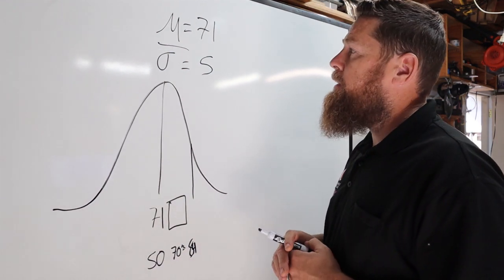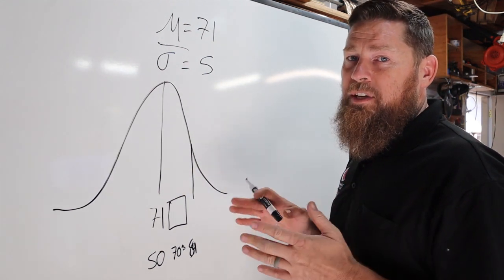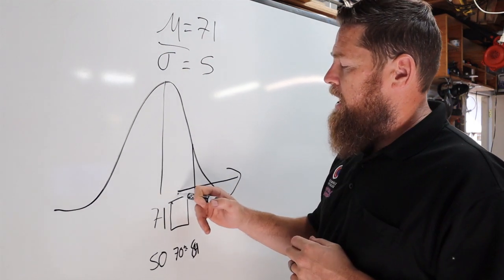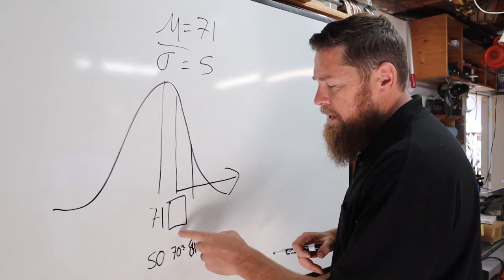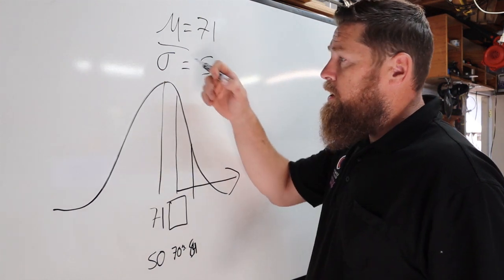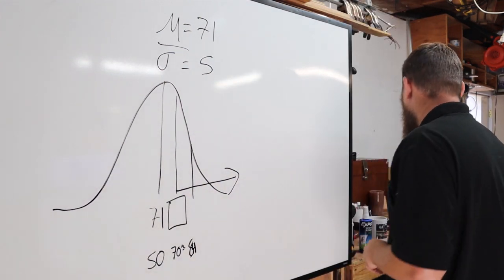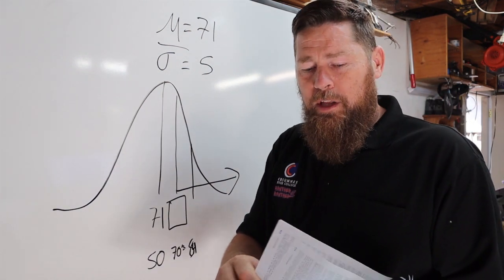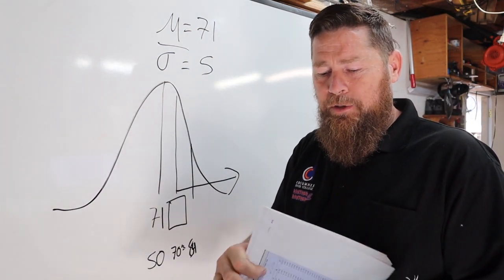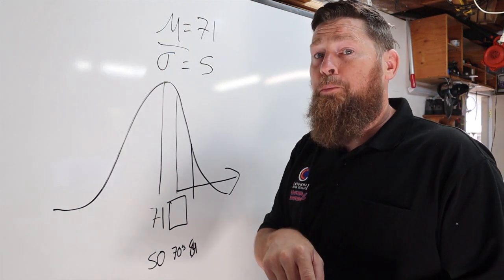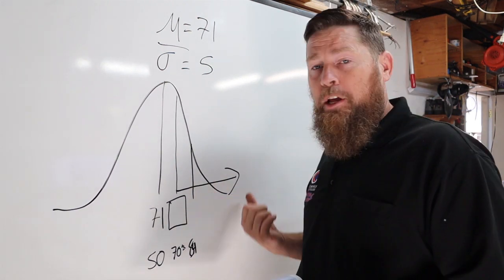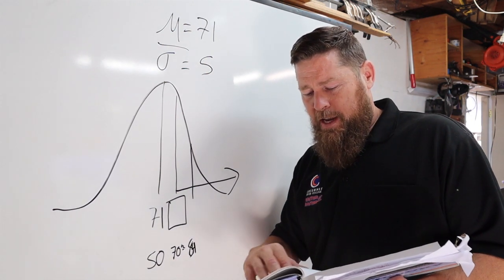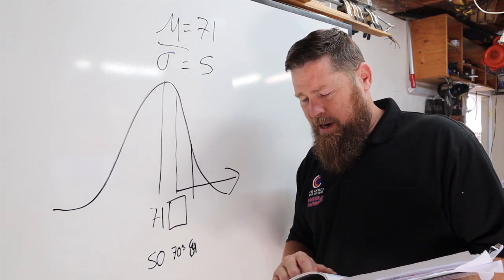How do we figure that out? We're going to take our z-score and find where 30% is in the tail, and then we'll use that z-score to transform it into a raw score given these two things. So we're going to take the back of our book, turn to the appendix where it has the tables, and look for percent in tail 30%. If we need to get the 70th percentile, we're going to look for 30% in tail. And I look down here and I see it says